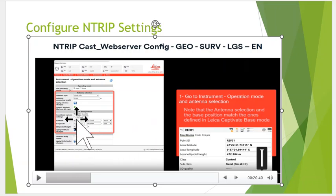But you can come in here and change from geodetic to grid and manually type in the value of the base station. Okay, so there's an option to do that there. This is using a video from Switzerland, so you can see the position here is northern and eastern, and that's what they typed in. Okay,